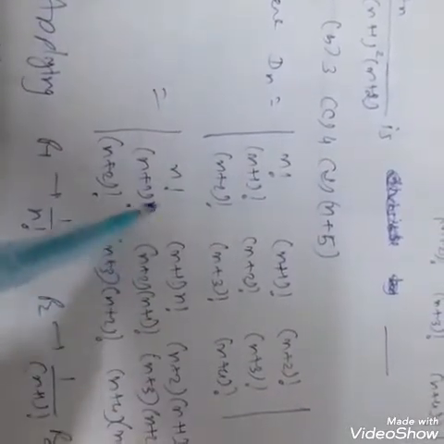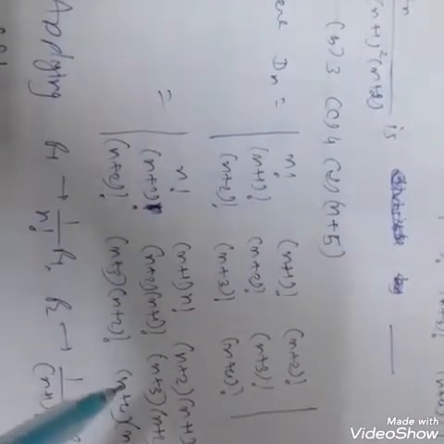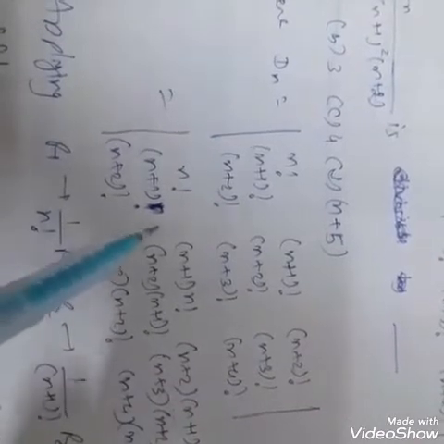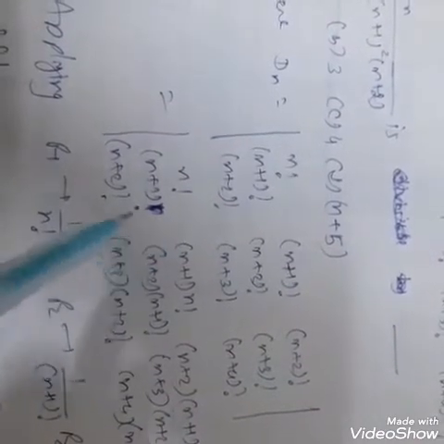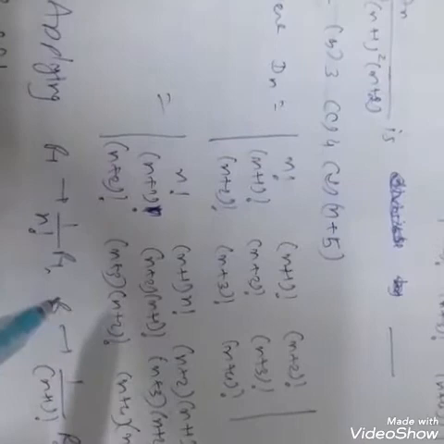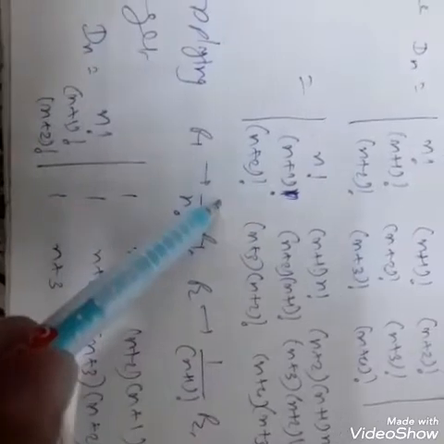So from the first row we can take n factorial as common, from the second row (n plus 1) factorial is common, from the third row (n plus 2) factorial is common. So the value of this determinant will be 1 upon n factorial into (n plus 1) factorial into (n plus 2) factorial. To keep the value of the determinant the same, here we multiply by n factorial (n plus 1) factorial into (n plus 2) factorial. Then it will be 1 1 1, that is the element of the first column.